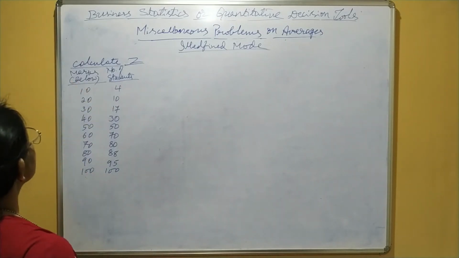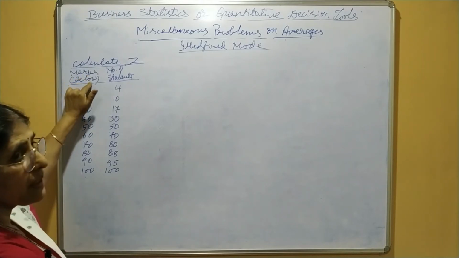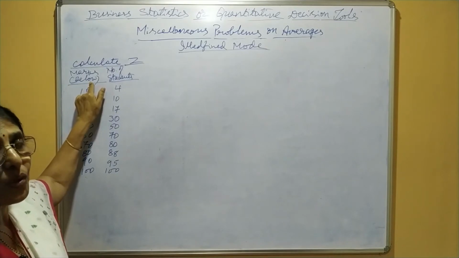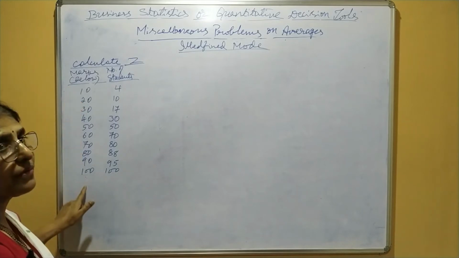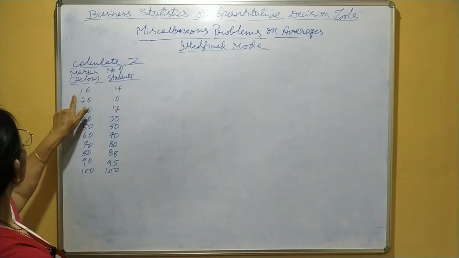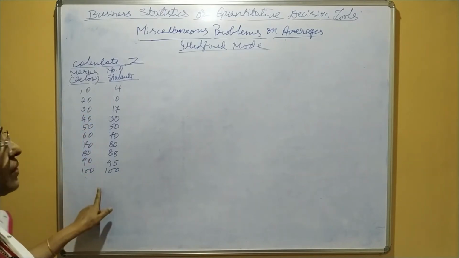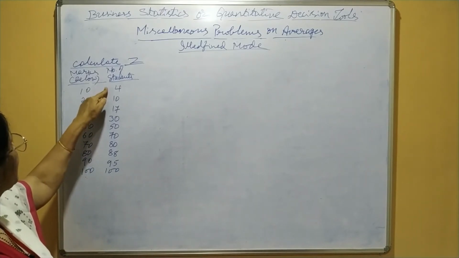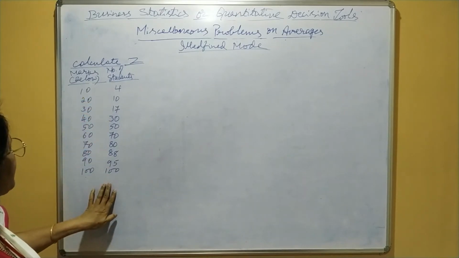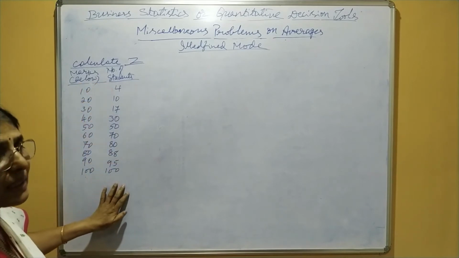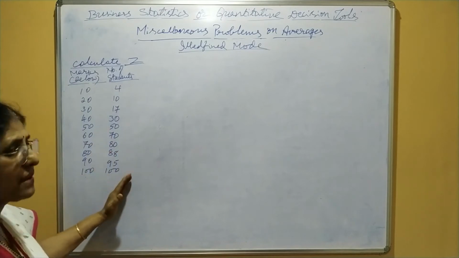Now see this problem. Here it is given marks. What is given in brackets is important. Below means this below is applicable to all the values of the given variable. We have to take it as below 10, below 20, below 30, below 90, below 100. And observe the number of students. Here see the trend of frequencies. It is a continuous increase, isn't it? The trend of frequency is continuously increasing.